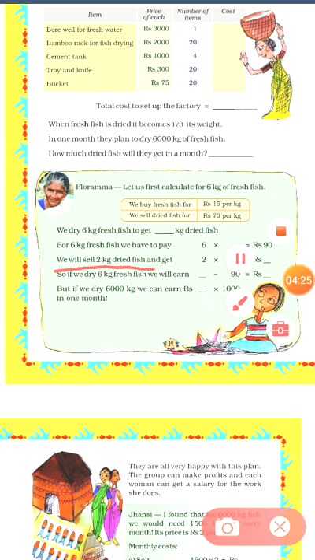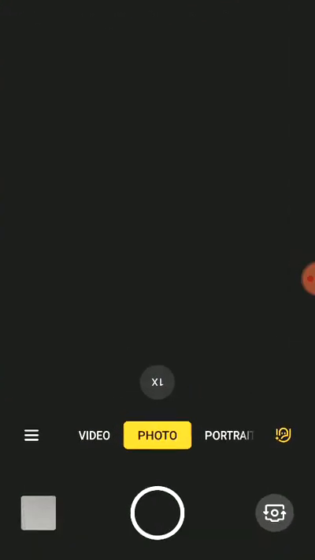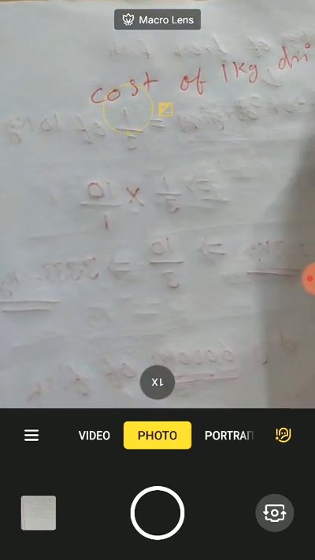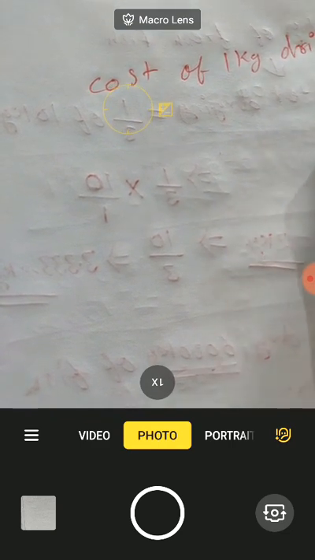Now the next question is, we sell 2 kg of dried fish and get what amount if we sell 2 kg of dried fish. Here, as you see in the table, the cost of 1 kg of dried fish is rupees 70. So let us solve it. If the cost of 1 kg of dried fish is equal to rupees 70, okay,